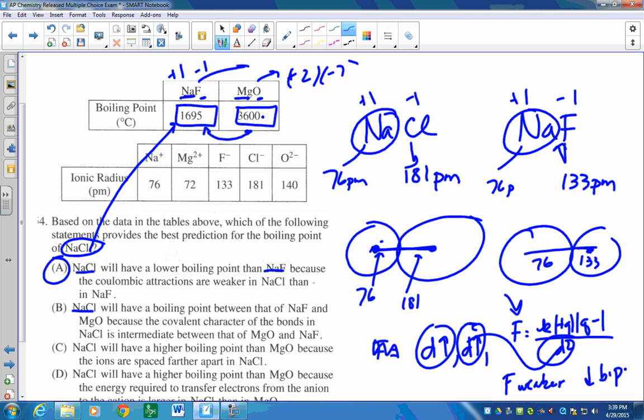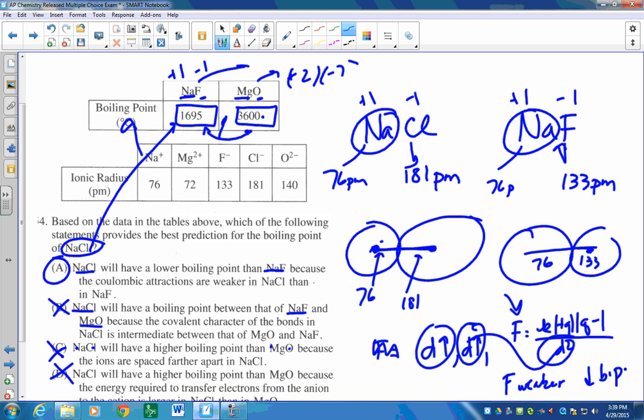NaCl will have a boiling point between Na and F and MgO. Nope. The boiling point is going to be lower. It's not going to be between them. It's going to be over here. NaCl will have a higher boiling point than MgO. Nope. +1 -1, +2 -2. No way. And NaCl will have a higher boiling point than MgO because, and then they just make up stuff